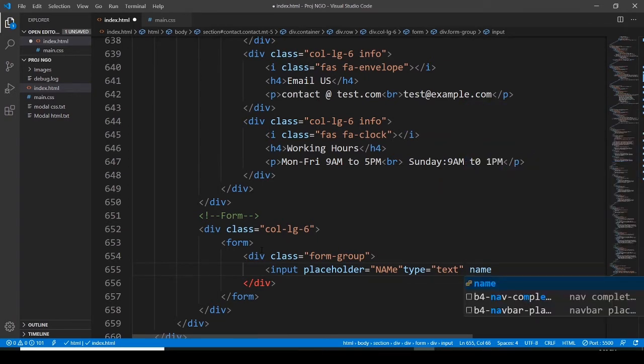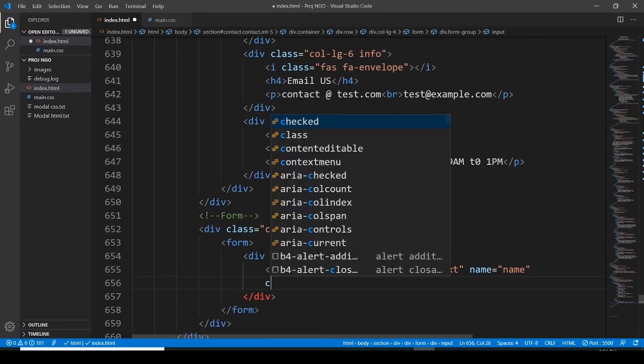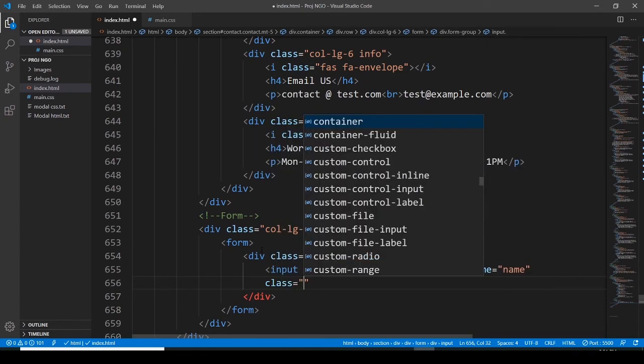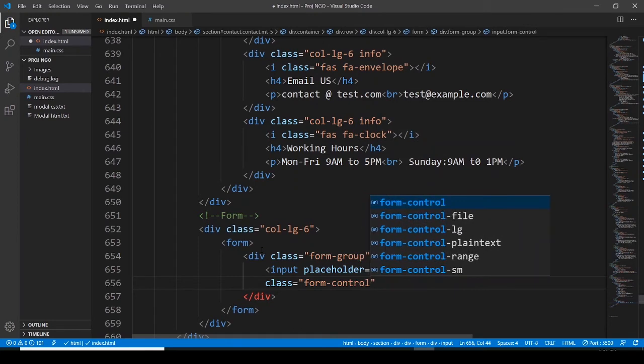Let's go with the name, and the name would be name. Here let's type the class, and this time it would be form control,